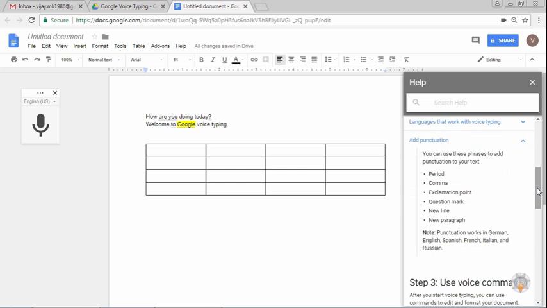The punctuation phrases also work for various voice typing languages like German, Spanish, French, and more.